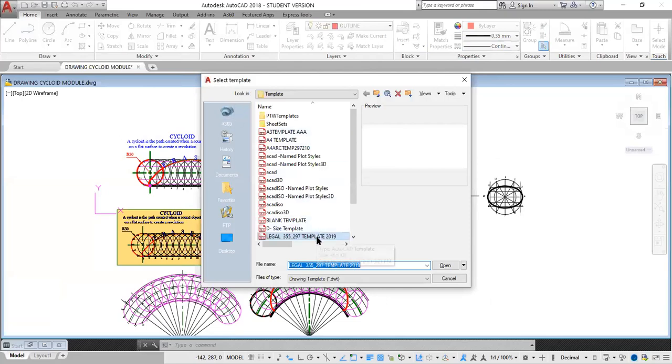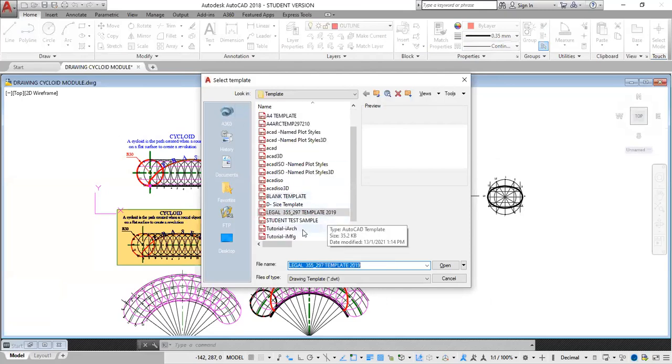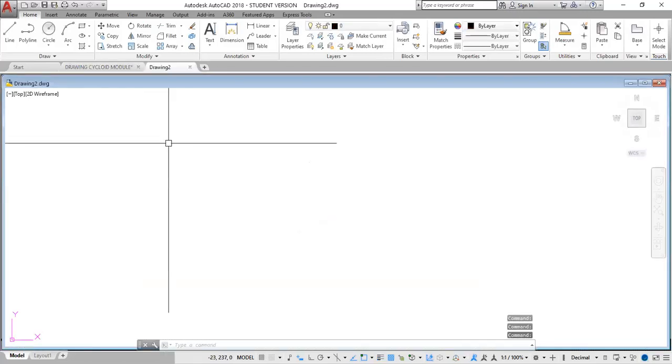and I have created some template here. This template is legal 355 underscore 297. So I will be choosing this template. I click there, open. Okay, so this is the new template that I just created. Now, I wish to transfer the drawings from the drawing file from that drawing to this new drawing that I